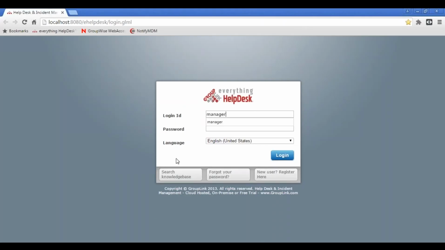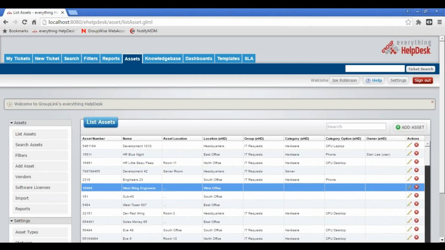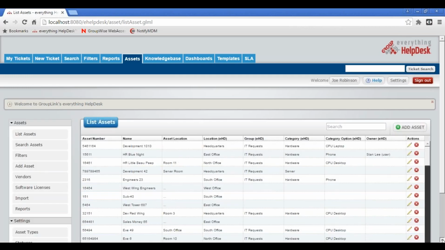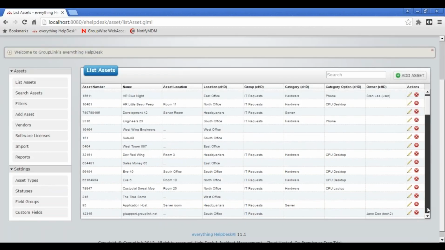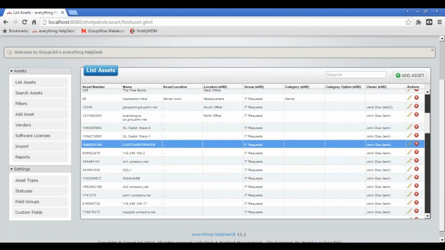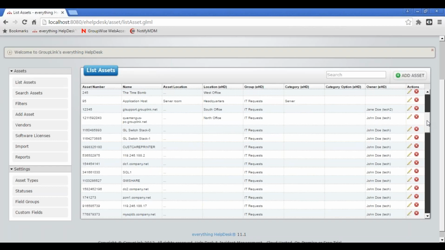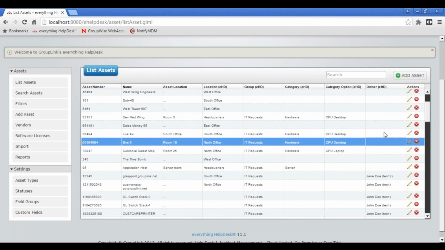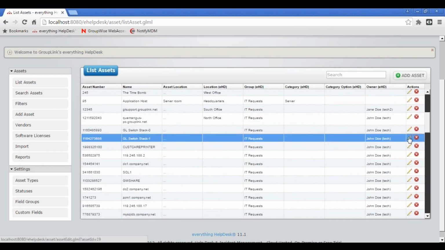So we're back in the help desk here, so that you can go in and see those assets that you just imported. So those items, again, will just be listed here. But you could also stay within the UV Explorer and just log right into the help desk from there, either way. But if you notice, these are the ones that I brought in from UV Explorer because it has to be tied to an owner. And these ones up here at the top are ones that I have either added myself or I have taken from a CSV file. But if I come here and look at one of these,